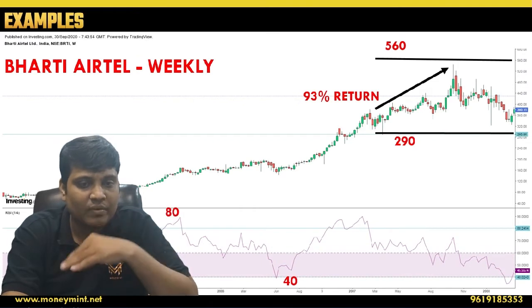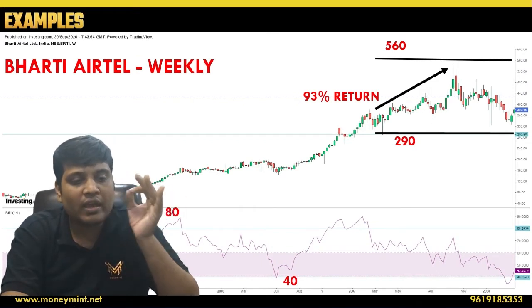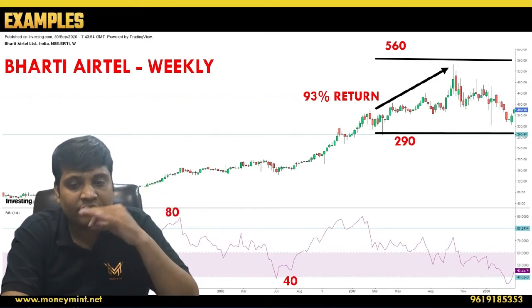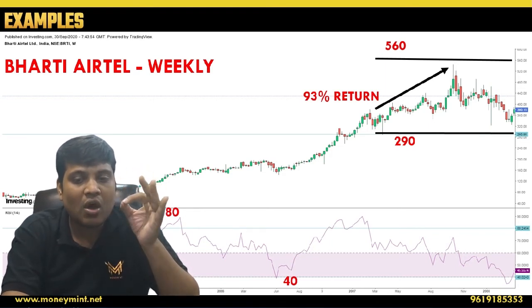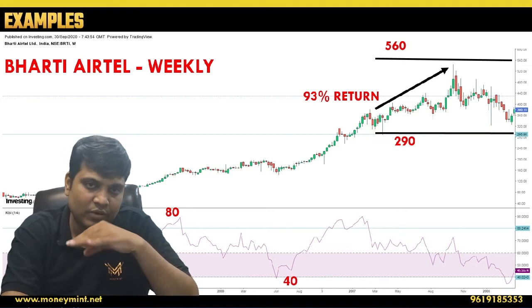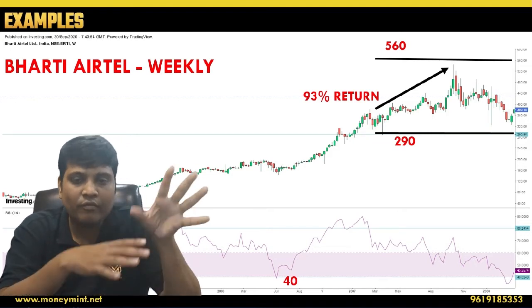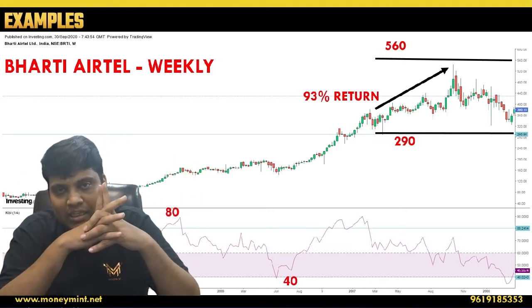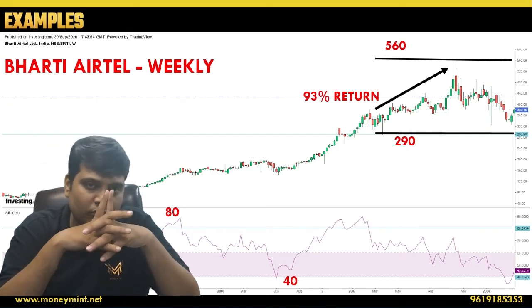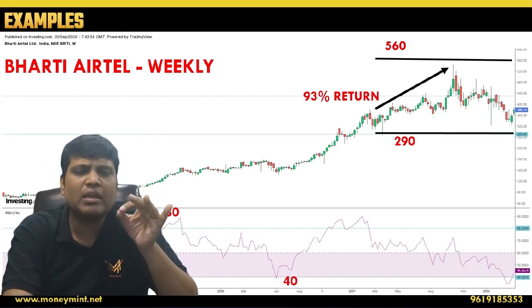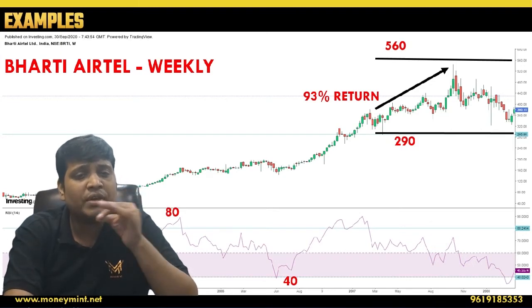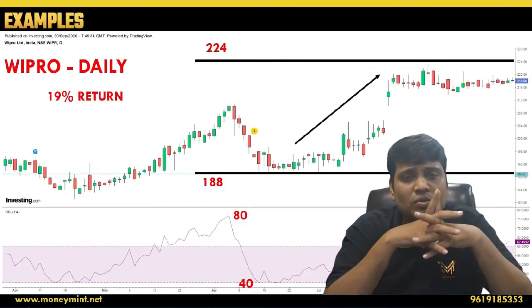Again you see Bharti, here you see price touching 80, then touching 40. At the first time when it touched 40, the level was around 160, between 120 and 160. From 120 it moved to 560, that is a whopping move of more than 400 percent. So Bharti gives such a move only based on the simple technique taught to you.